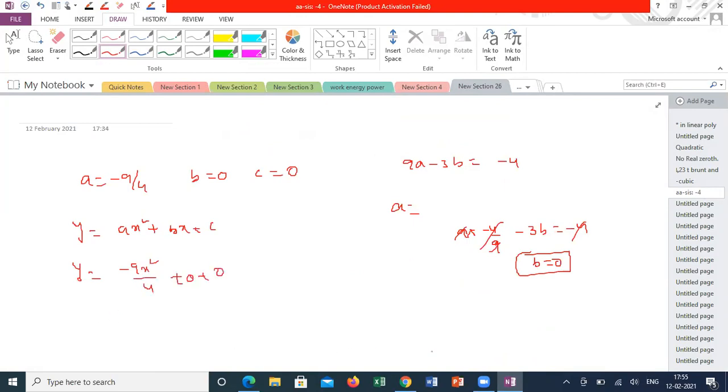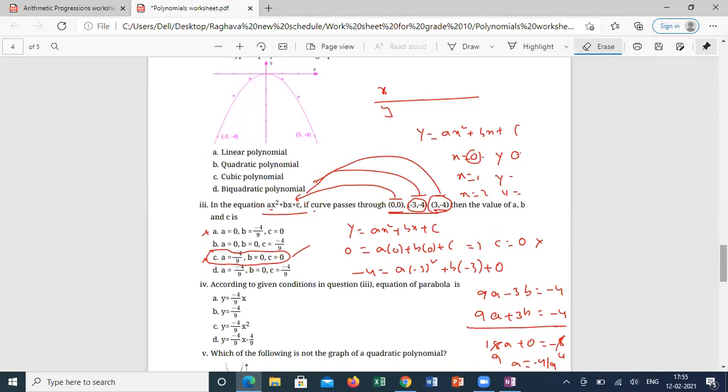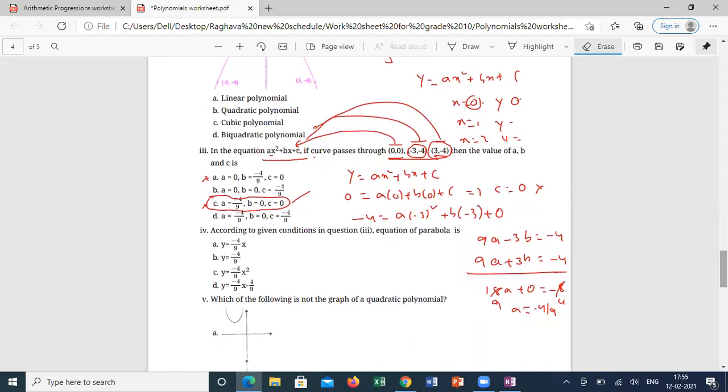So what is the answer? Fourth question is asking the equation of the curve using question number 3. We know the equation of the curve we assumed is y is equal to ax square plus bx plus c, and there are 3 points on the curve. We substitute the 3 points, we find out the ABC values. Substitute the ABC values, then you will get the equation of that parabola. What is the answer, guys?